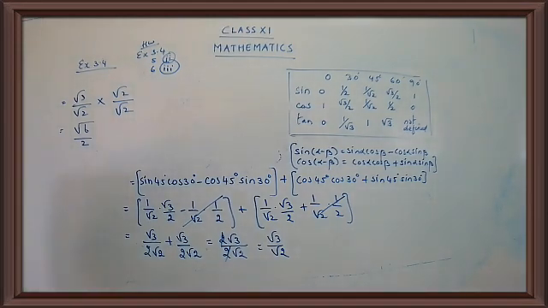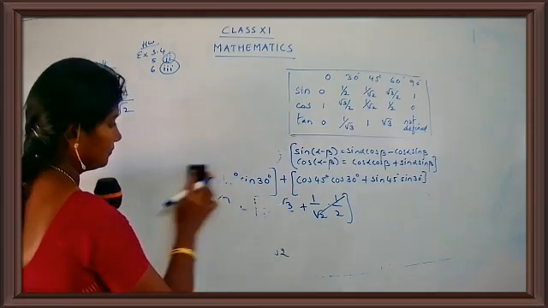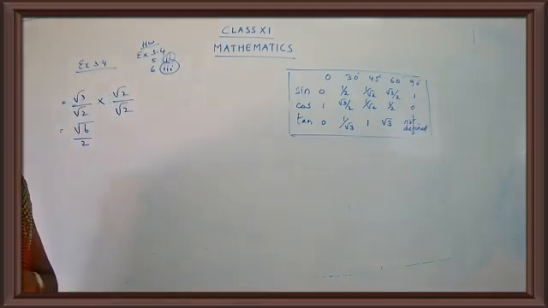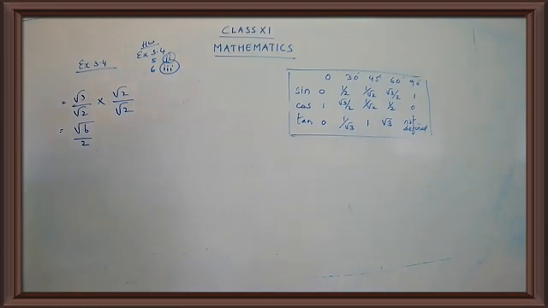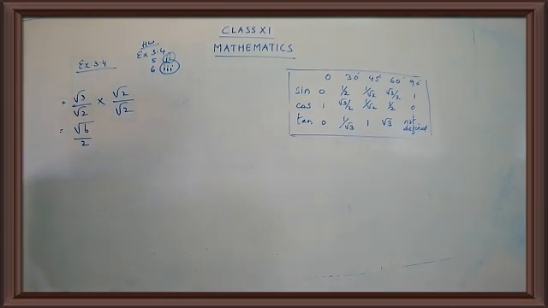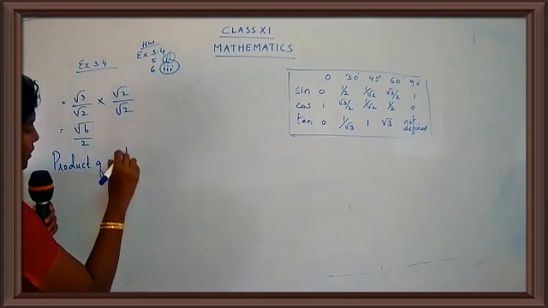Now we have to go to the product of roots, because when you want to form a quadratic equation, you want the sum of roots, and along with it you want the product of roots. So let's find out the product of roots. Now children, for finding product of roots, we are going to use another formula. You can do by the earlier method, the same thing: instead of putting plus, you can just go on multiplying. That's one of the methods. I'm just going to give you one more formula over here. Just give the heading as product of roots. Product of roots is equal to